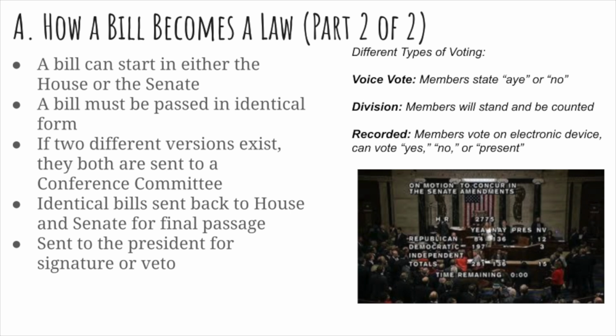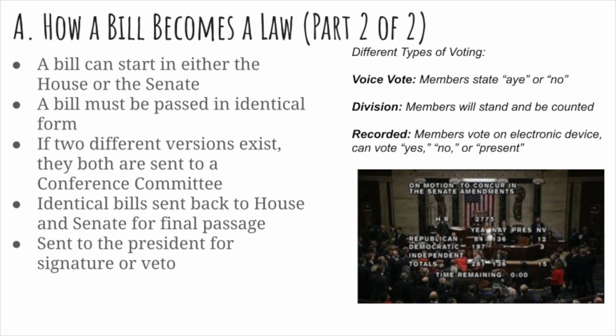So you can see on the right there are different types of voting that happen on the floor of the House and the Senate. A lot of times there are procedural votes, very simple little votes about whether or not to extend debate or to stop for lunch or whatever the case might be. Oftentimes those are done with a voice vote, a simple aye or no, and then whoever is the speaker or in charge of the floor would simply say that the motion carries or the motion doesn't.